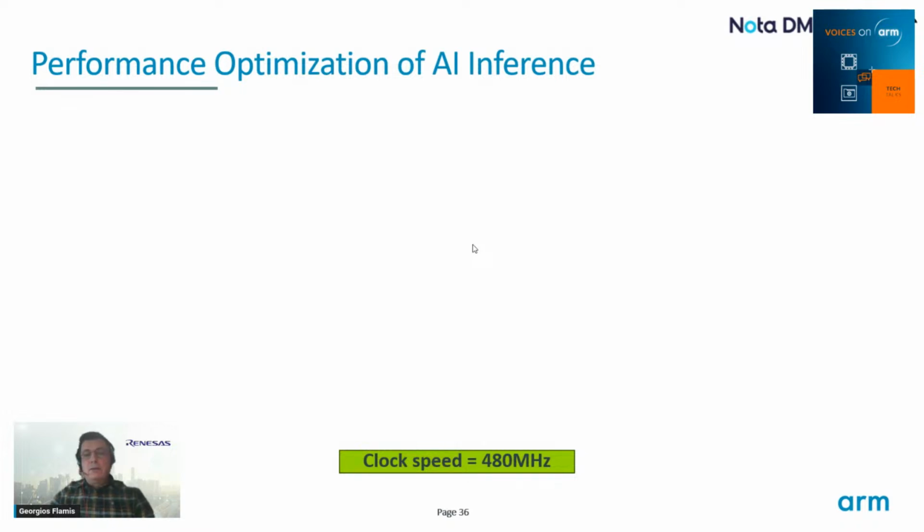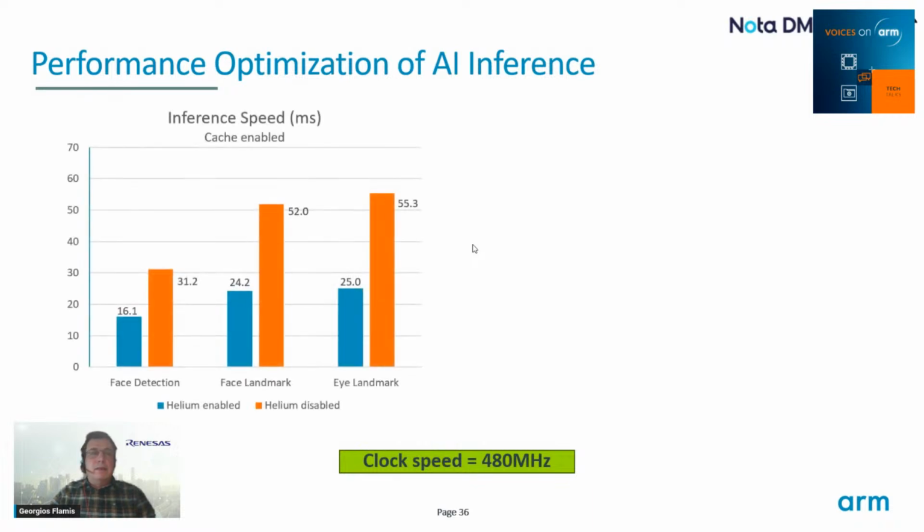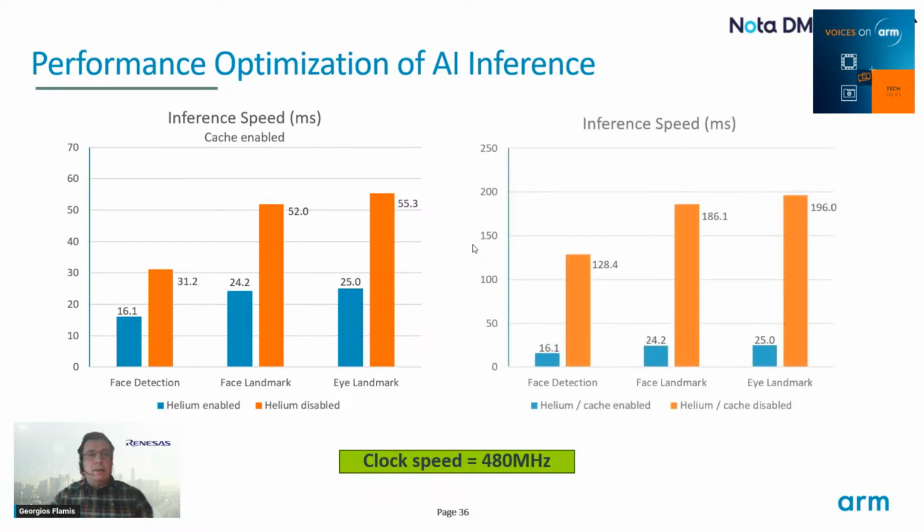benchmarking. First, to say that the clock speed is 480 MHz in all the experiments here, and this is the inference speed, the way it looks for the three models that have been used in the driver monitoring system with and without Helium. The smaller value is the better, and you can see the improvement. But in addition to that, we have experiments with Helium and the cache memory enabled, the way that is set up inside the system,